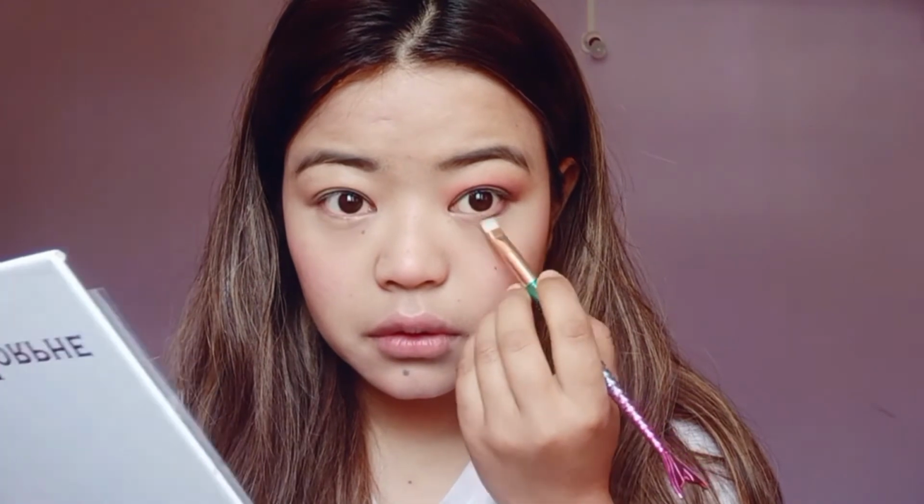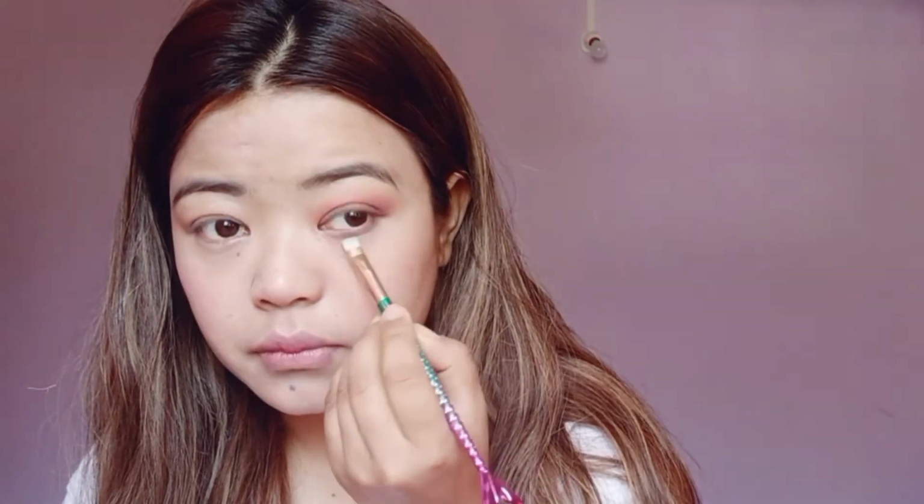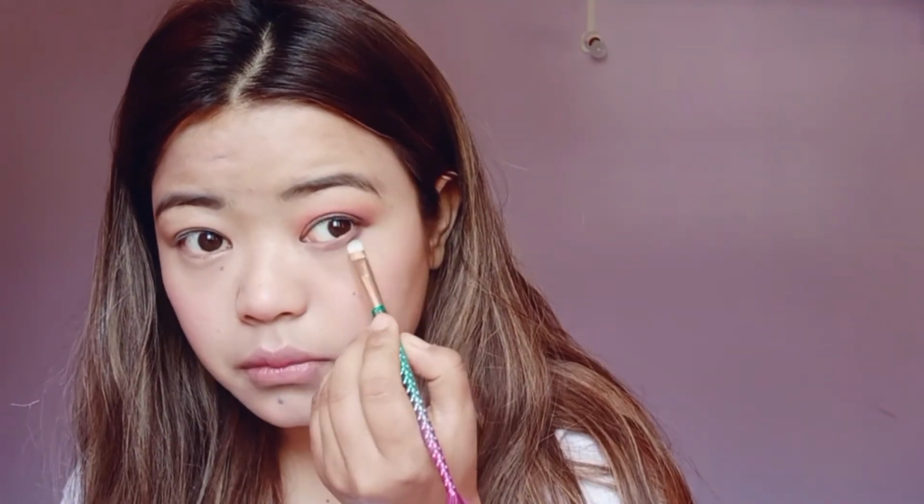And now I'm picking this brown shimmery color, and I'm using my fingers to blend this color, because कभी कभी मुझे जब भी shimmery color होता है तब मुझे ब्रश से ज़्यादा मेरा फिंगर से ही ब्लेंड करना अच्छा लगता है। काफ़ी अच्छा डिफरेंट लुक भी दिखता है, मुझे लगता है। So I'm using my fingers to blend this color. And again I'm using the same color on my lower lash line, but मैं काफ़ी lightly ही apply करूँगी।